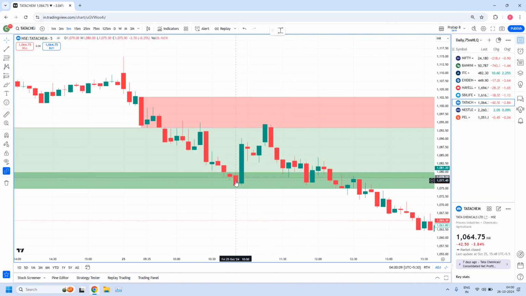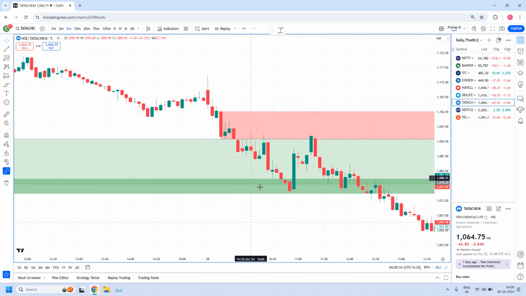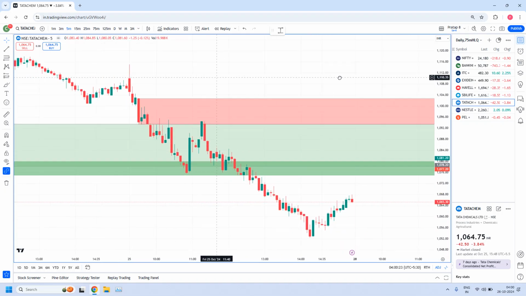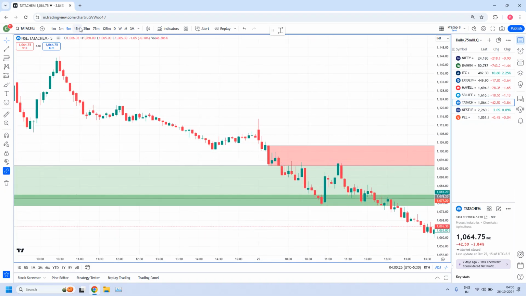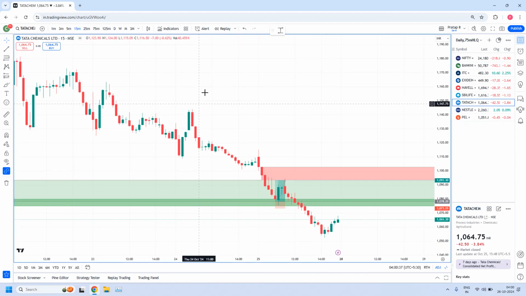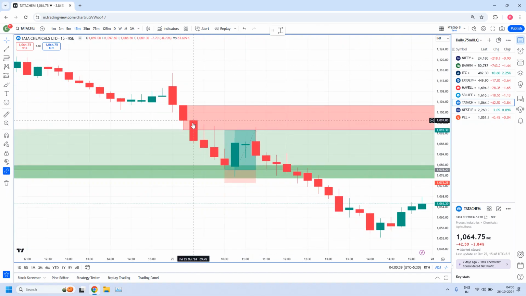And today at the 10:50 candle, prices reached this zone and then reached the target. The 15 minutes target. Let me go to the 15 minutes time frame. Okay, so here at the 15 minutes we have a drop base drop,